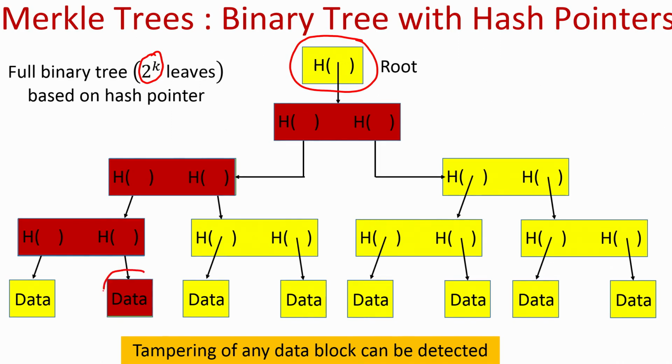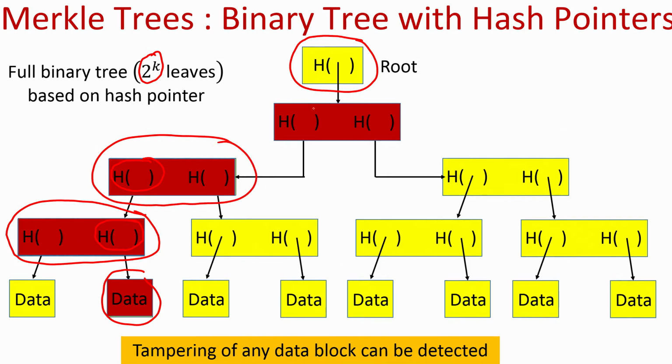Suppose the user tries to change the second data block while giving it back to me. If it changes the second data block, then the hash value stored in the tree will change here, and as a result this node as a whole will become different. To make it consistent, the adversary has to change this hash value, which will further disturb this whole binary string. To make it consistent again, the adversary has to change the next hash value, and as a result the adversary has to change the root hash pointer, assuming that finding collisions is difficult. But as soon as the adversary tries to change the root hash pointer, it will be detected because that won't match with the root pointer that I am storing with me.